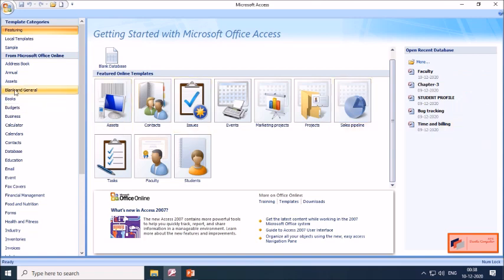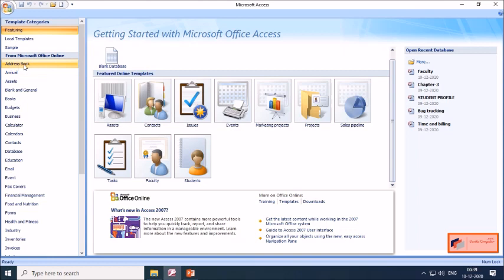Now on the left hand side you can see this templates category. It is also called the navigation pane. So in this navigation pane you can see template categories. These are the pre-built databases which can be used immediately. For example, local templates and samples, then it is given here from Microsoft Office Online.